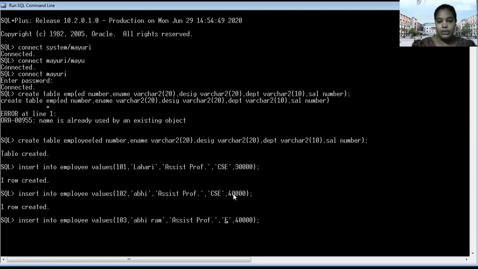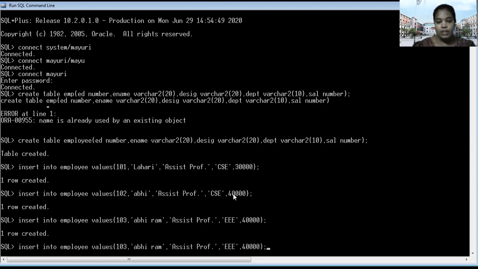So here you need to change, or otherwise you have to triple E, 40,000. Okay, so next step. Next, Abhidev, assistant professor, ECE, 50,000.